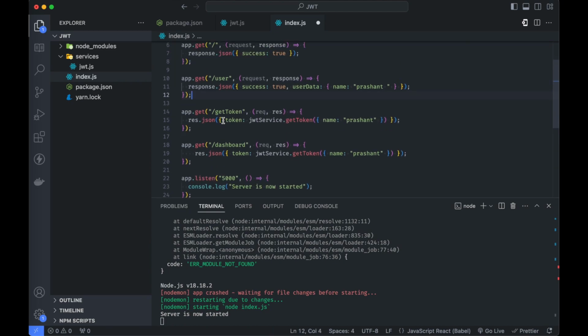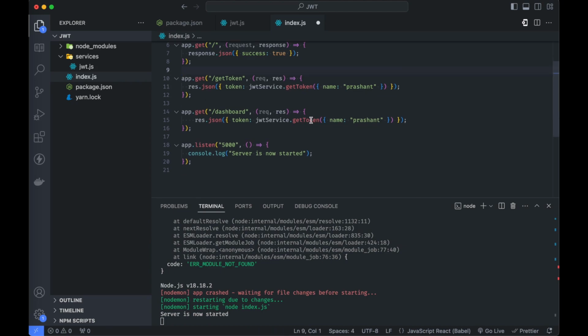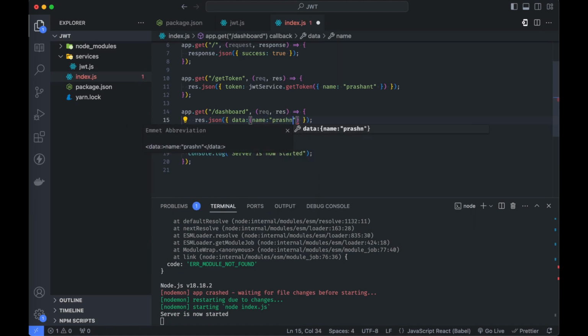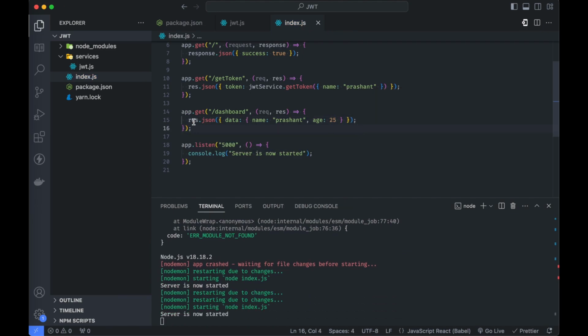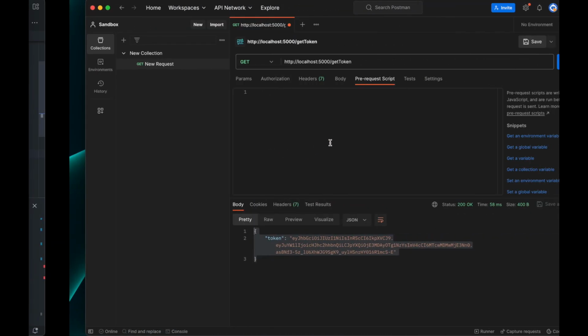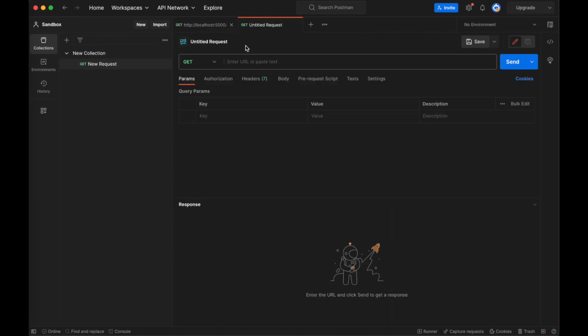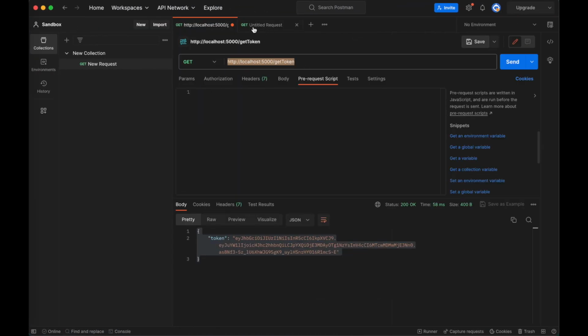Let's try to use this token to access our dashboard. So dashboard will return us some basic data, maybe. Data means I can name it as my name, and anything, age or something. So I'm 25. I'll save this, and now if I go and create one new route, I can go in Postman,